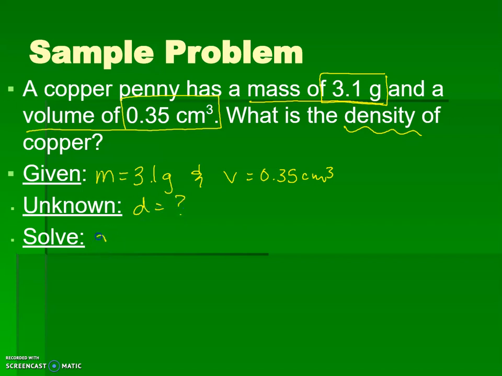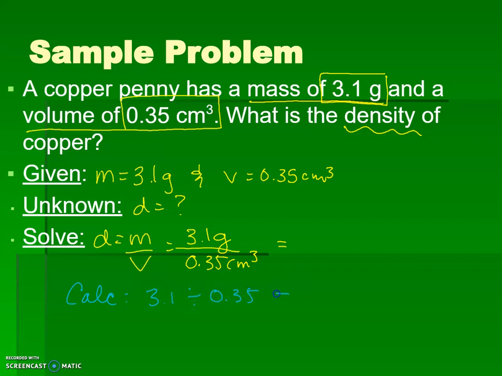So how do we solve these? With our density equation, and we love density. So all you have to do is plug in your 3.1 grams for your mass, and you plug in your 0.35 cubic centimeters as your volume, and get out your trusty calculator. If you don't have it, go get it. Push pause, come back. Hey, you're back. All right, and in your calculator, you simply put 3.1 divided by 0.35. And what do you get? You should get